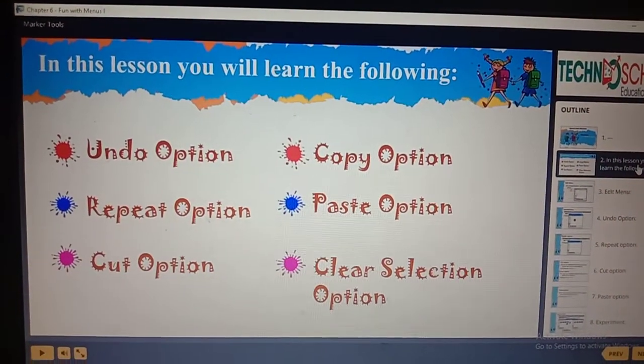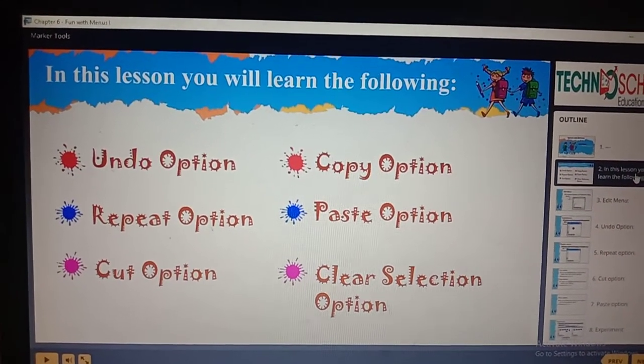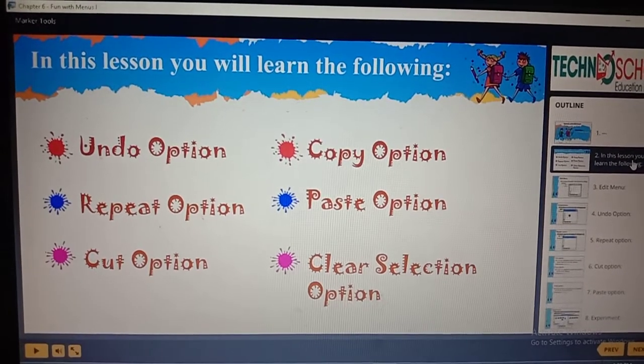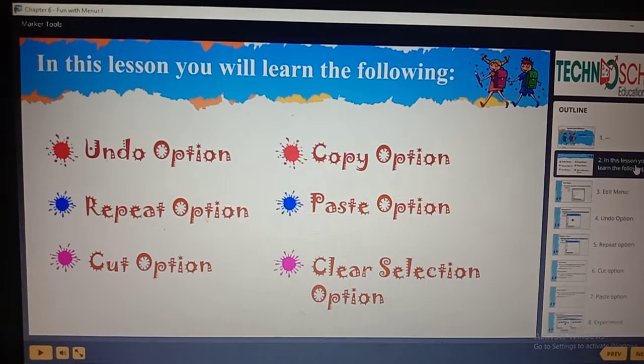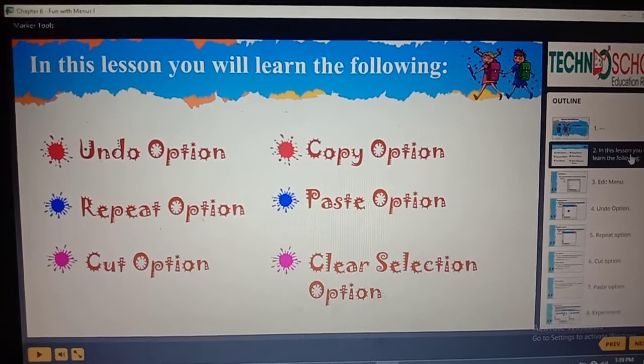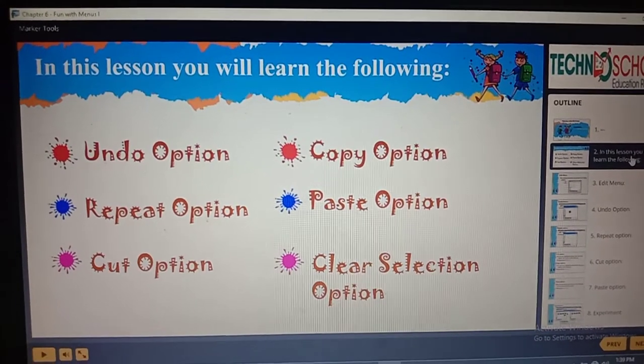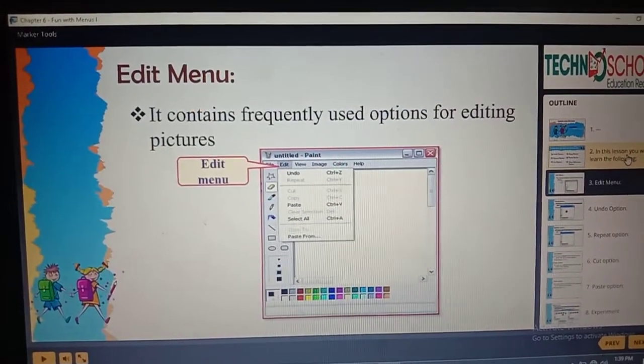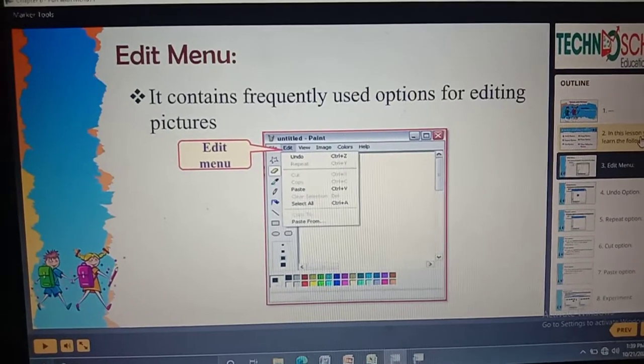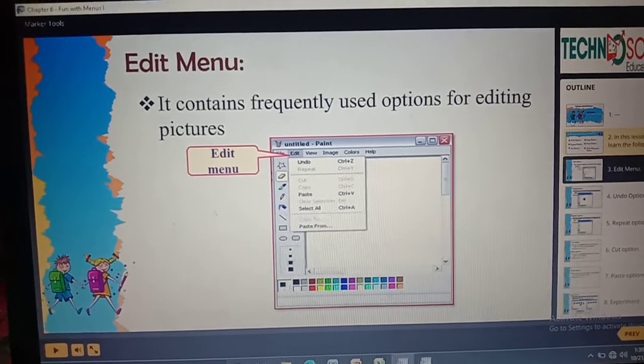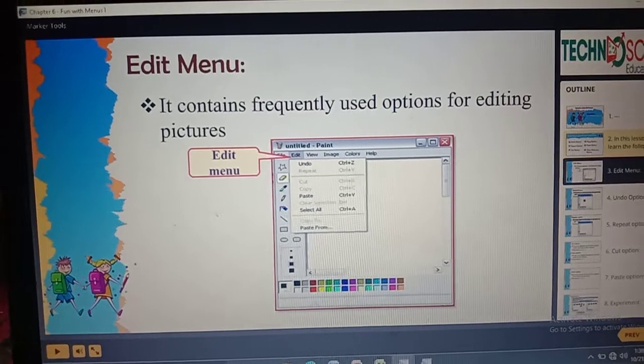First, we are going to learn about the undo option, repeat option, cut option, copy option, paste option and clear selection option. Okay. First we are going to learn about the edit menu. It contains frequently used options for editing pictures.